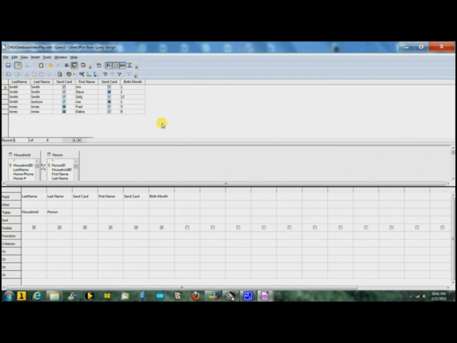Okay, another thing we can run criterion on is strings. These, the names, for example. Suppose I want to pick up everyone who has a lowercase s in their last name. I can go over here to the person.lastname field and in criterion say like star s star and run that query. And what do I end up with? I end up with 1 Jackson and 2 Jones